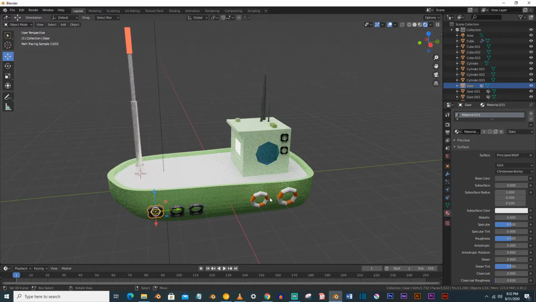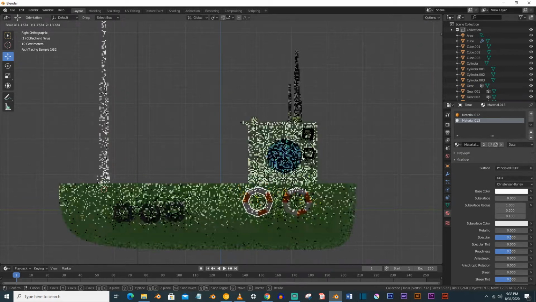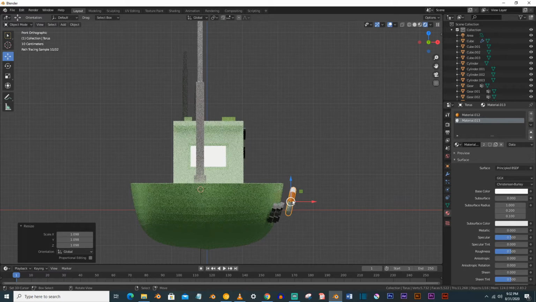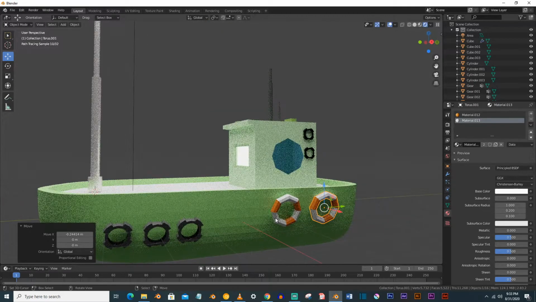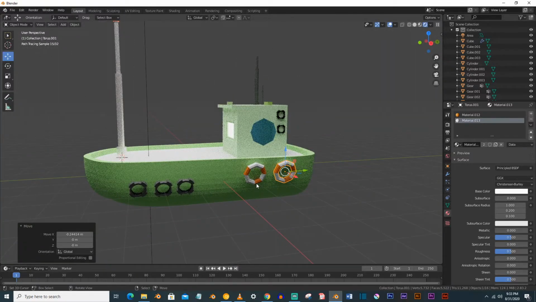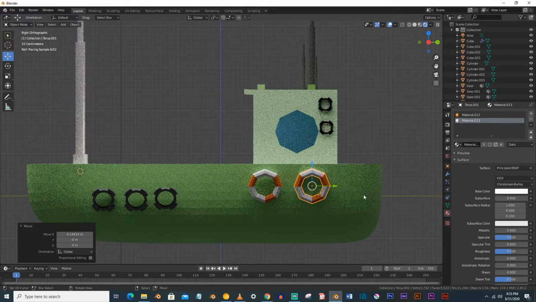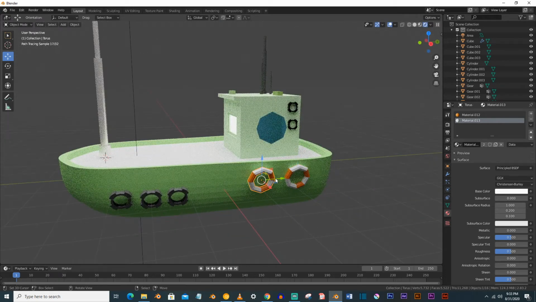Now you have to just quickly join them all together. Move it a little bit backward. Yes, it is looking very nice. A little bit small. And now what you have to do, you have to just join them all together.